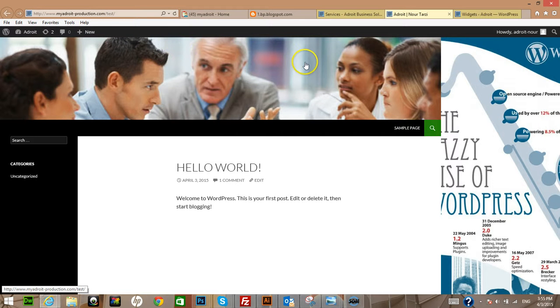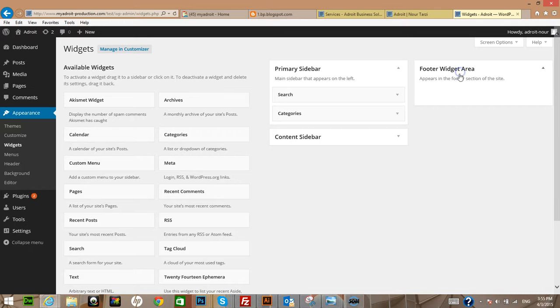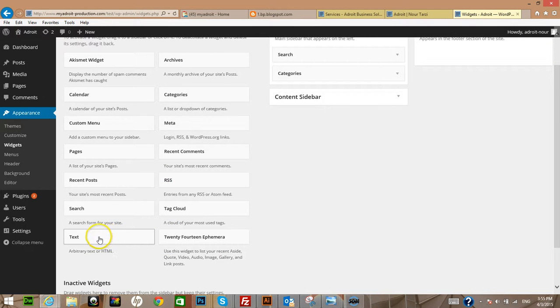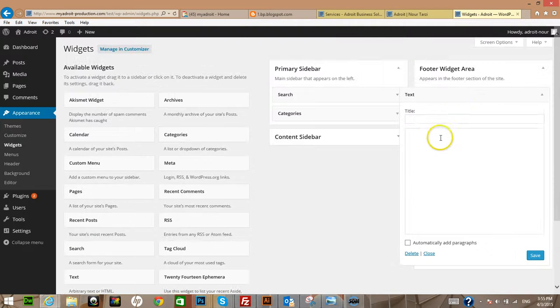Boom, all gone. Right? Perfect. Footer here, you can add the text. So let's say you want to add a widget to the footer. I want to add a text widget, which is going to allow me to say copyright, and then let's say phone